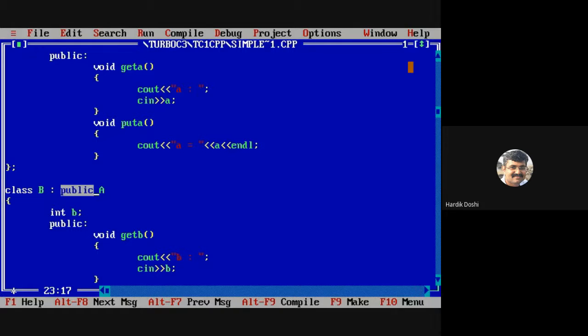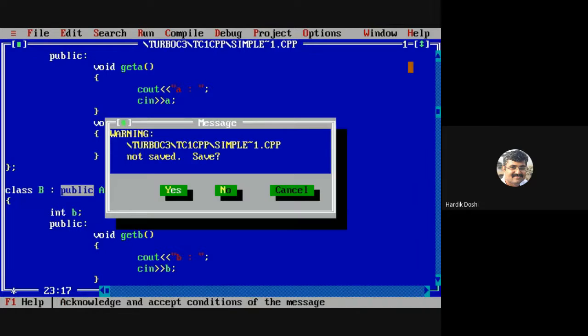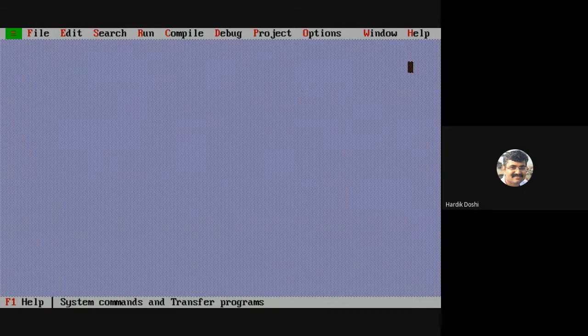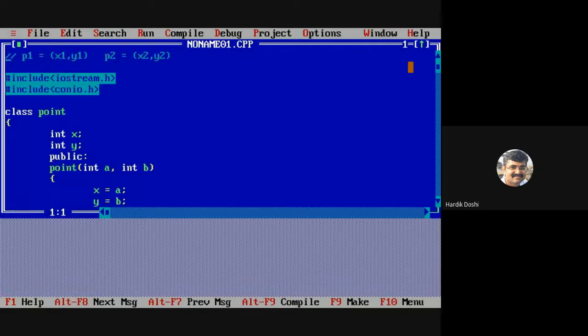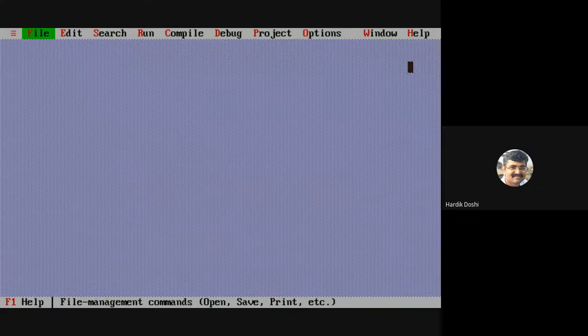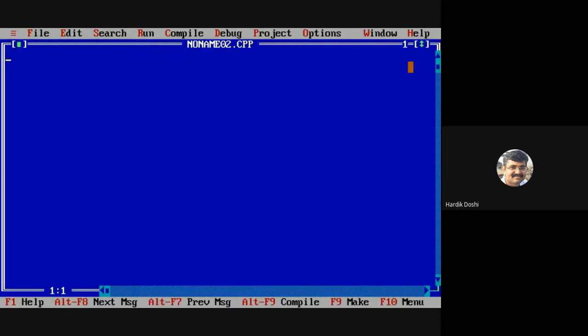Should I open it, or are you clear? Okay, fine. Let us write a program for multi-level inheritance.